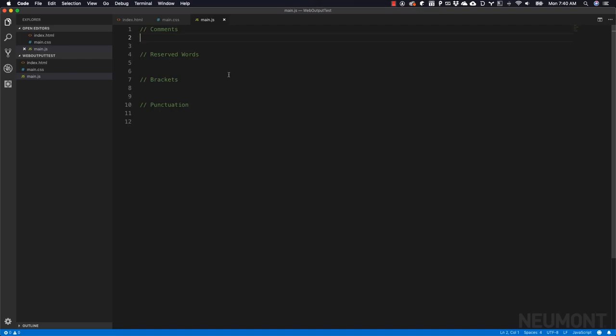So when we run into situations where we cannot make our code self-explanatory, we need to make sure that we comment it. There are two different ways to add comments to your JavaScript source code. The first one you see here, I've already got them laid out, is the double slash. The double forward slash lets the execution environment know that these are comments, these are here for humans, they're not here for the computer nor for the JavaScript execution environment, and can safely be ignored when the JavaScript is being